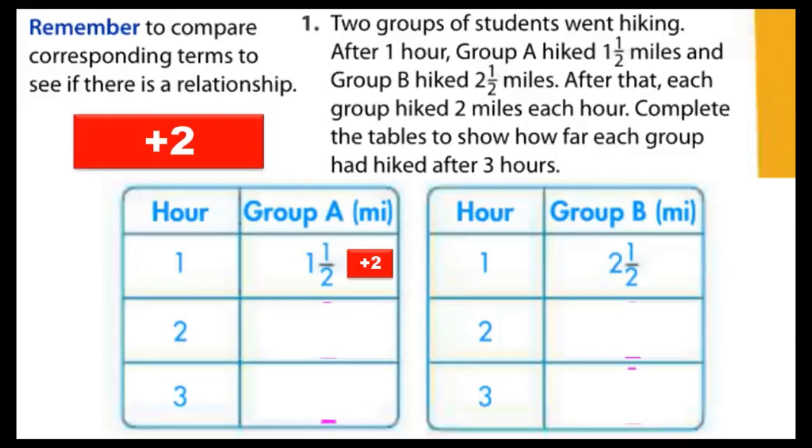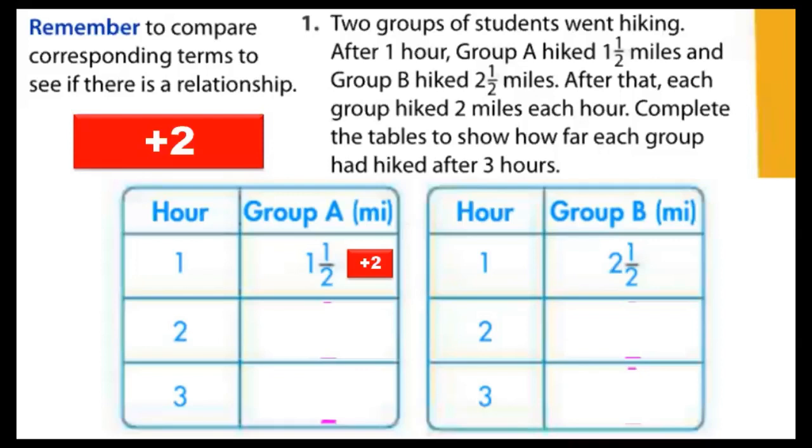So I'm going to start with the first amount the statement mentioned. For Group A, the first table, they hiked 1.5 miles. From where do you get 1.5? From the statement, the third line in front of you. And I deduced that each time I'm going to add 2 to this amount